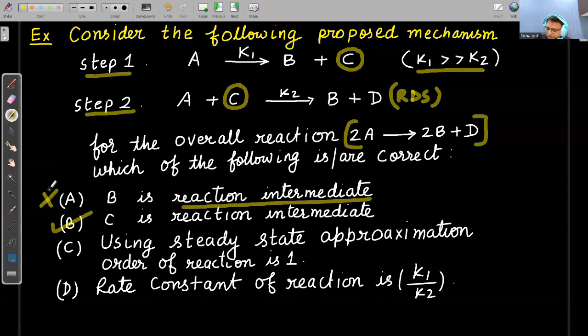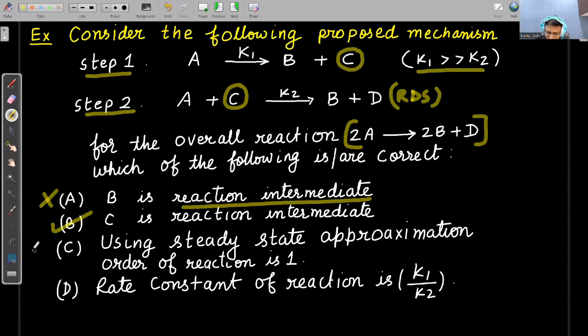कई बार वो पूछते हैं कैटलिस्ट कौन सा होगा, तो कैटलिस्ट में क्या होगा कि कैटलिस्ट पहले भी होगा, राइट। पहले रिएक्शन में मतलब it is present throughout the reaction, it is not consumed in overall reaction, राइट। तो हम ये कह सकते हैं कि अगर जैसे मान लो A प्लस, suppose यहाँ C होता, राइट, और सेकेंड स्टेप में C राइट हैंड साइड में फॉर्म होता, तो C पहले कंज्यूम हुआ और बाद में बन गया, ठीक है। तो ओवरऑल रिएक्शन में C कंज्यूम नहीं हुआ, so we can say that C is catalyst। तो कैटलिस्ट क्या होता है कि एक स्टेप में कंज्यूम होता है और दूसरे स्टेप में फॉर्म हो जाता है, तो ऐसे केमिकल स्पीसी को हम कहते हैं कैटलिस्ट। और जो पहले में बनता है और बाद में कंज्यूम होता है उसको हम कहते हैं रिएक्शन इंटरमीडिएट।